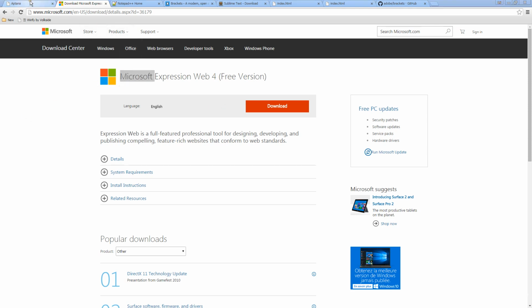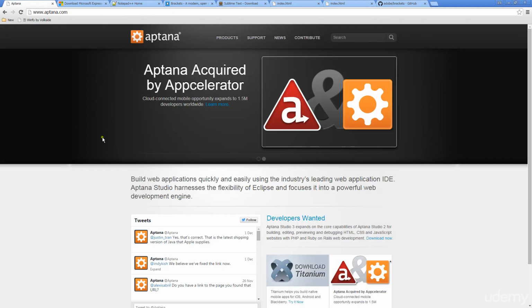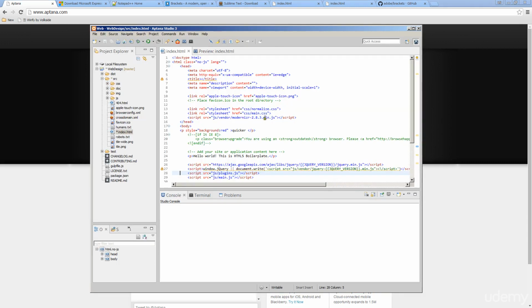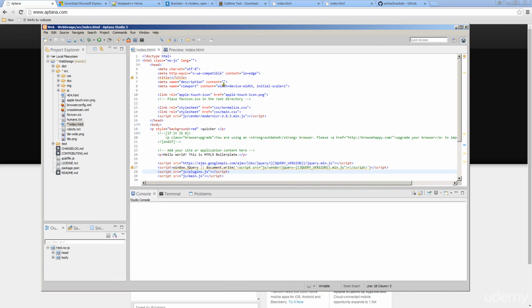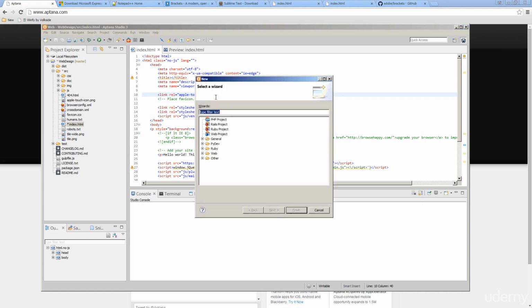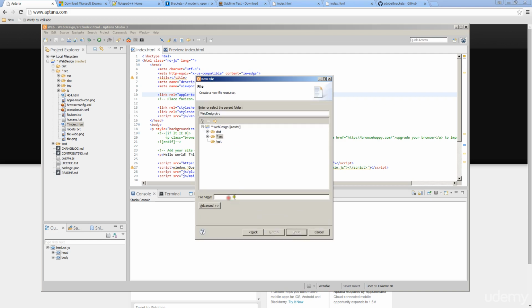And lastly, we're going to look at Aptana. So again, this is another open source one, and this is a very powerful open source editor. So as you can see, when I do open this up, and this template here that I've got when I created this new page, this was actually a template that's available within them. So if I was to go new, I could create a new file, I could create a project, I could create a new web project, and there's a whole bunch of options here. So if I was just to go creating a new file,